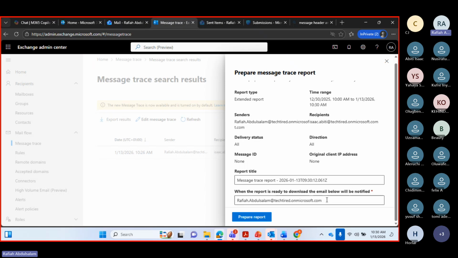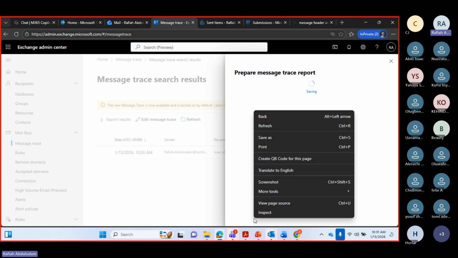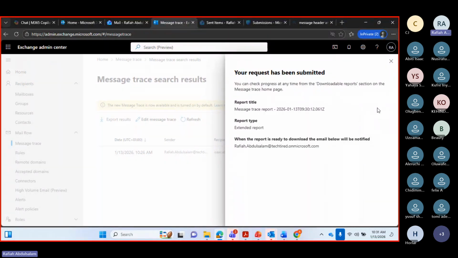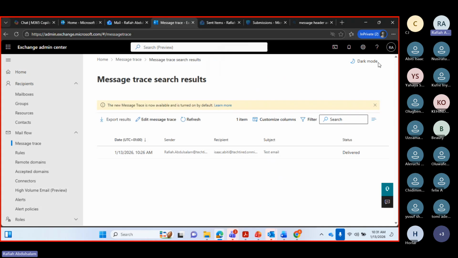So you put that person's email address here and click prepare report. As soon as the report is ready, the admin will receive the notification and they'll be able to come to the download reports section to get that report. Now, all you need to do is just close this, and when I refresh,